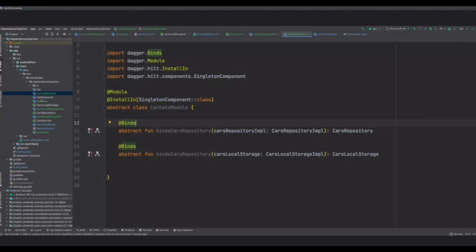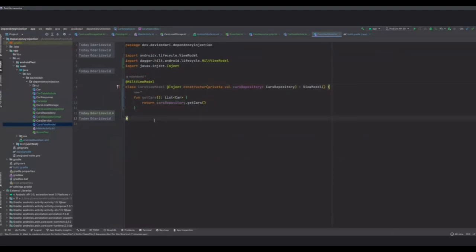Then let's say, what else do we need to do? The view model. Well, for the view model, we can do something a bit different here.